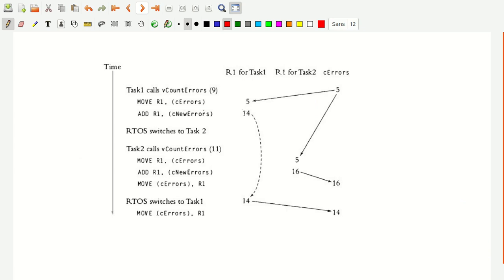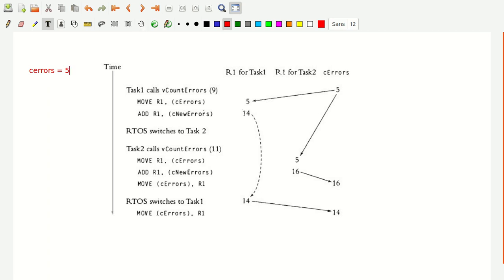In this one, we will now discuss that. Let me assume a c errors value. Initially, let me write it this way, c errors is equal to 5. Assume that initially the c errors value is equal to 5. Now, assume that first in this timeline, you have the same register.